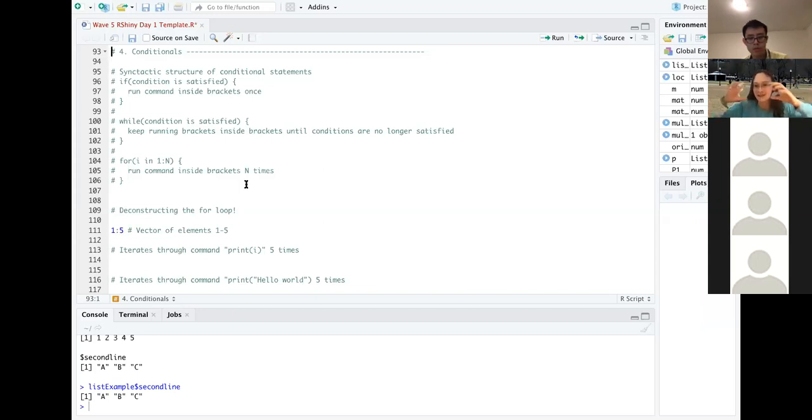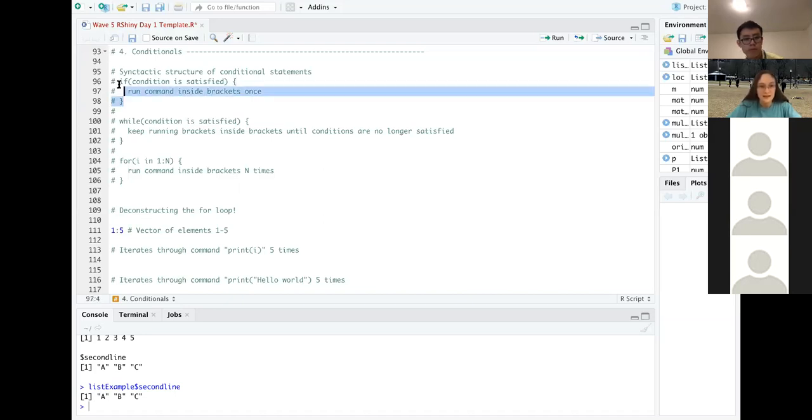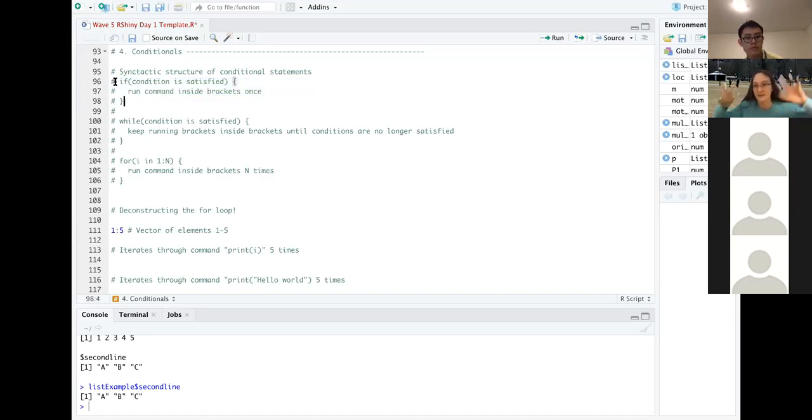Conditionals, you can tell from the word, are based on certain conditions. You might have heard of this in other programming languages: it's the concept of if statements and else if statements. The way we do that is using this sort of syntax. If you want to delete the hashtags, which, by the way, represent comments, which are just things for humans to read, we can do that.